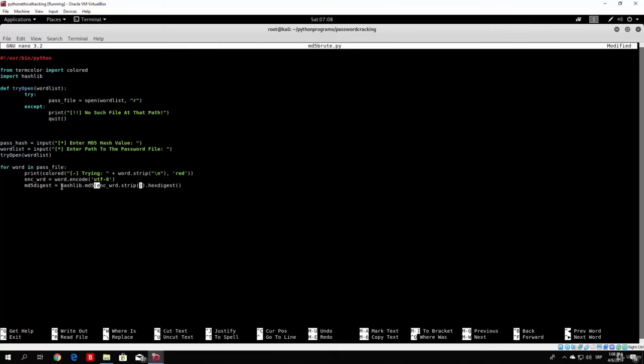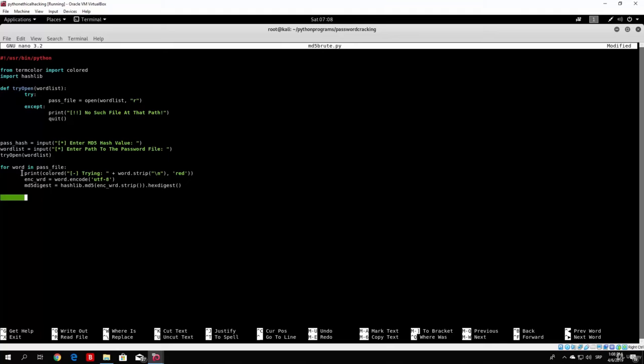So first it will make the actual object of MD5, and then it will hex digest it in order to make the MD5 hash. So this should work. We just added a function onto the end of another function, so let me just enter this,